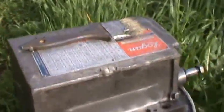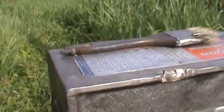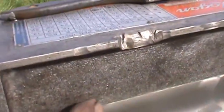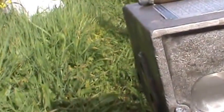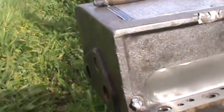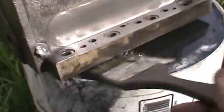Alright, I used some kerosene here. Then I just cleaned it up and hit it with a rag, but it makes it real easy to see what I was doing. But it's all nice and square now, and my bolts will hold it straight. It'll be much stronger. And this will be the last machining I do to this, so now I'm just going to take some more kerosene. I don't have much left, but I'm going to go inside here and